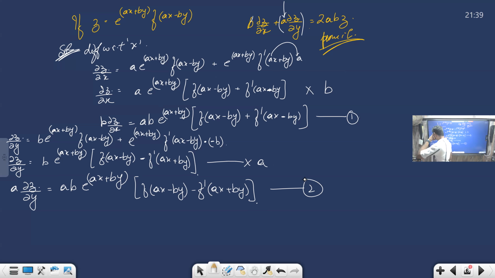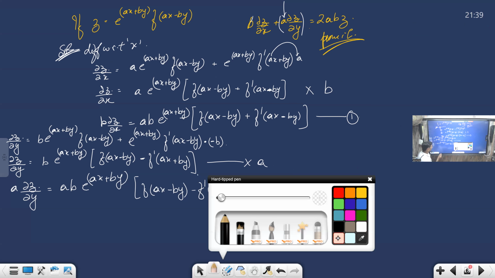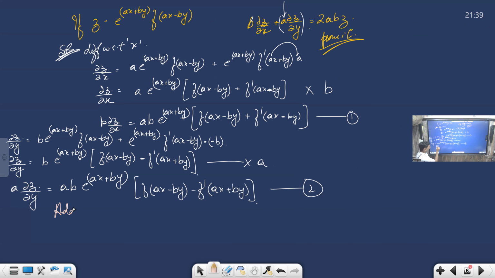So simply add 1 and 2. Adding 1 and 2, I will get b del z by del x plus a del z by del y equal to